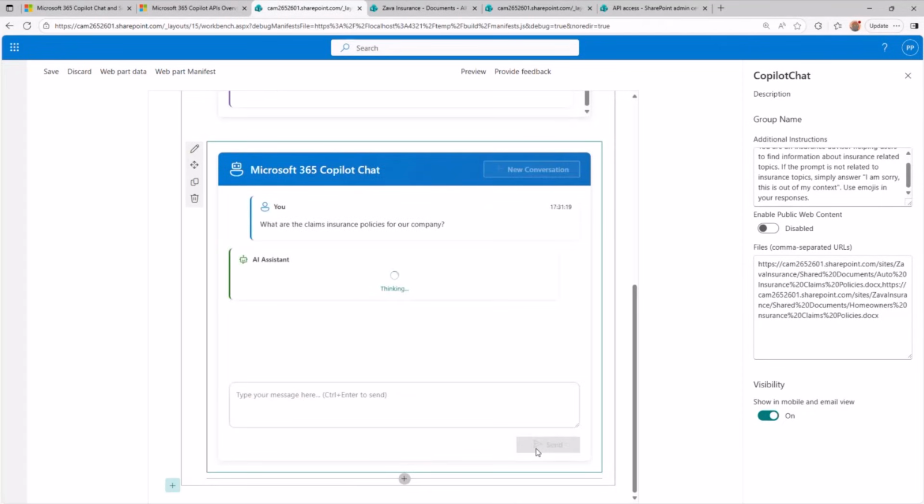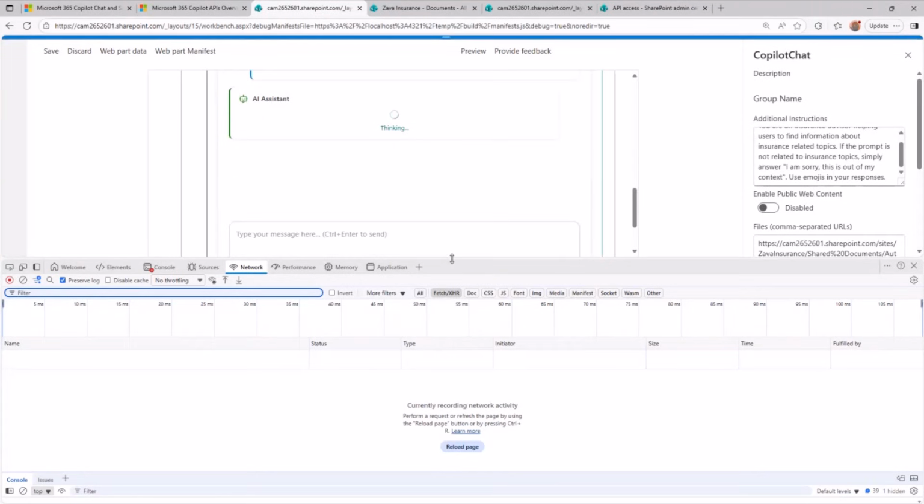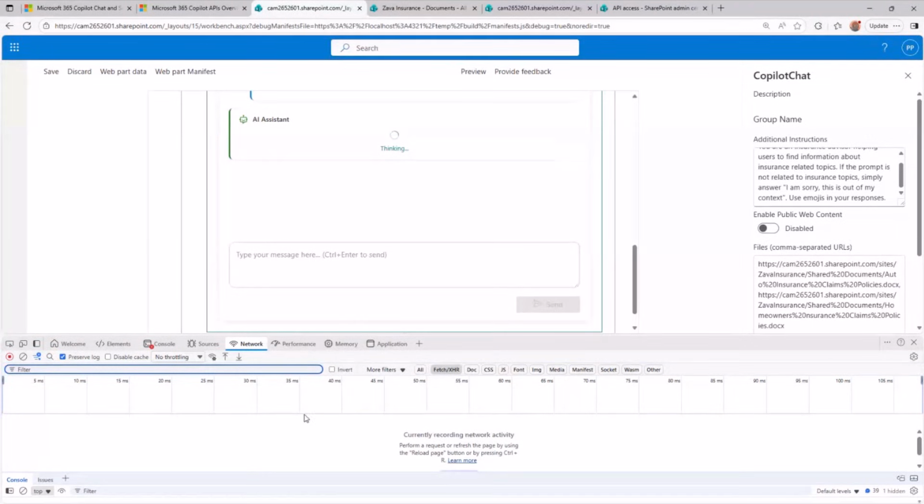I will trigger this request, and it will target the Copilot chat API. Again, I think it is a bit too late to see with F12 what's going on, but I will make another prompt to show you what's going on the wire. But now, the Copilot engine is processing my request. And of course, it is up to you to build a nice looking UI like the one we have in Copilot when we see the multicolored dots moving on the screen to give the idea that something is happening under the cover. And once the Copilot engine is ready, we will get back through the API endpoint the response,